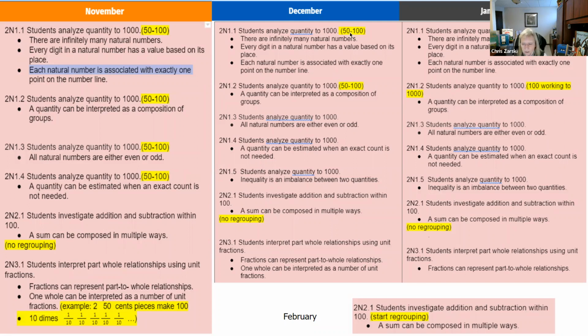We're moving towards 50 to 100. Again, some of you are in different places in here, and that's fine, because remember the yellow is a suggestion only, just trying to bridge us as we work our way to 1,000. Okay, and so we see the same thing, that we're still working on analyzing quantities. We're looking at estimation. They should have a good, reasonable estimate of what their answer is going to be, or what their number is closer to, without using rounding, just approximately, where do you think I am? Those types of things. The natural numbers, are they odd and even? So we could do that by dividing money again. You get the same amount, I get a different amount.